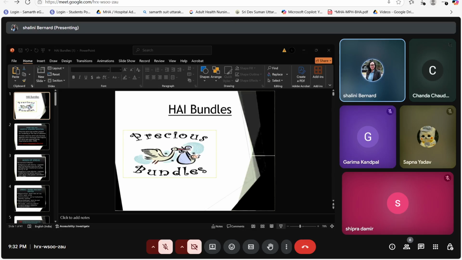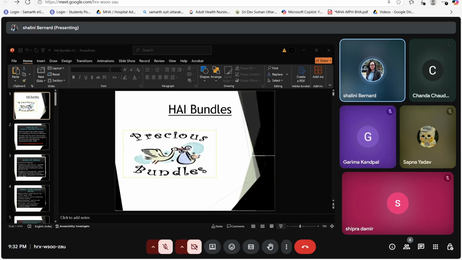There are three types of treatment. One is empiric. When the patient has an infection, based on clinical judgment, the doctor starts the antibiotic, which is called an empiric antibiotic. Prophylactic is for surgical safety, and the therapeutic antibiotic is chosen based on the diagnostic or culture result.